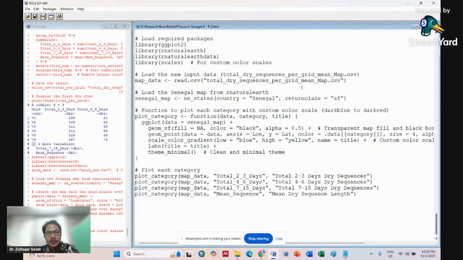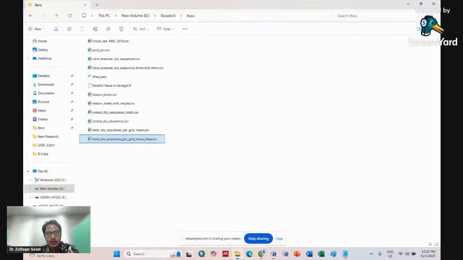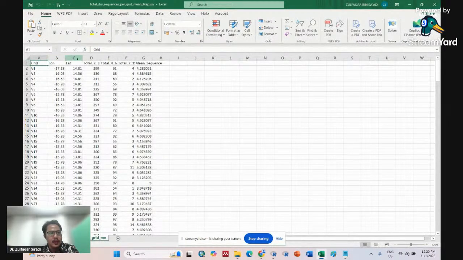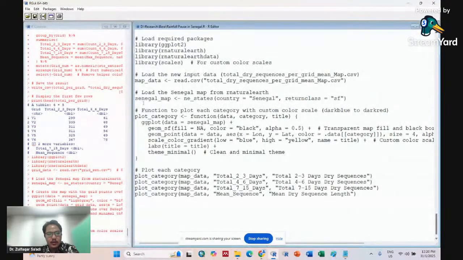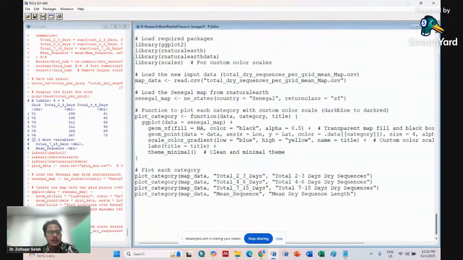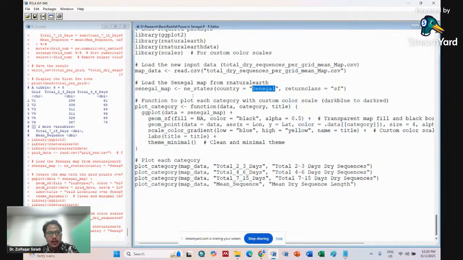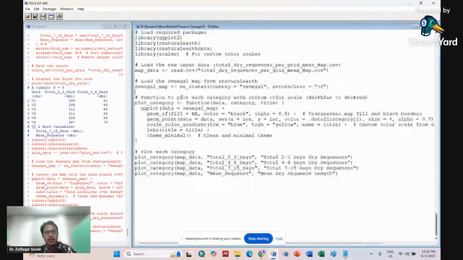Now we input this new dataset we have just now, which has grid, lat, long, and 4 of those categories. So read that CSV file, and then also read the map file for Senegal from rnaturalearth, Senegal, and then use this function to plot